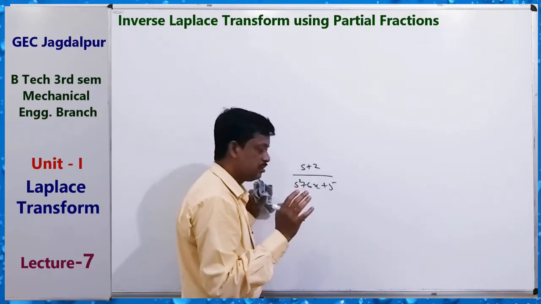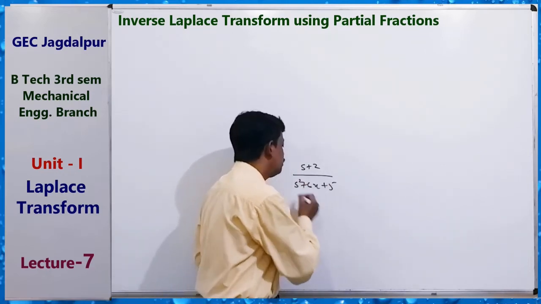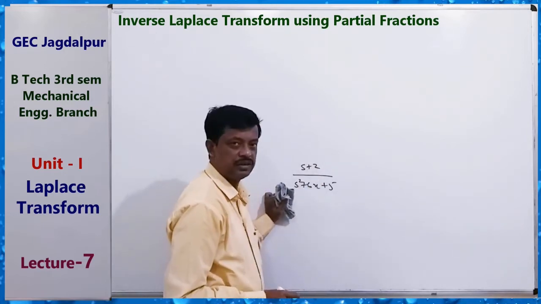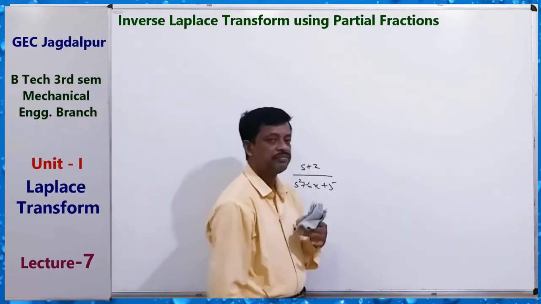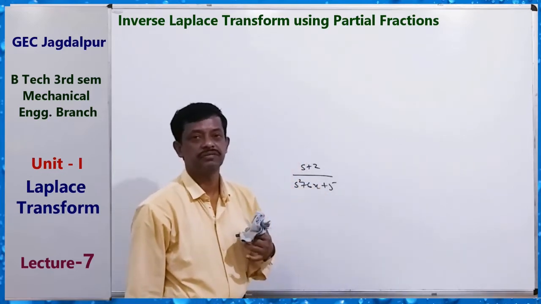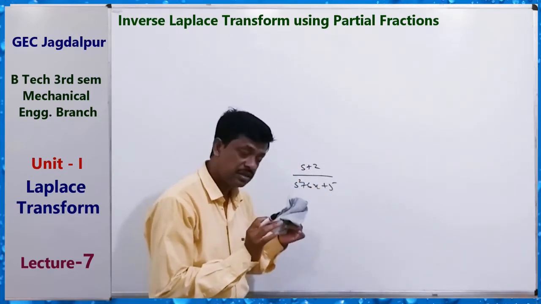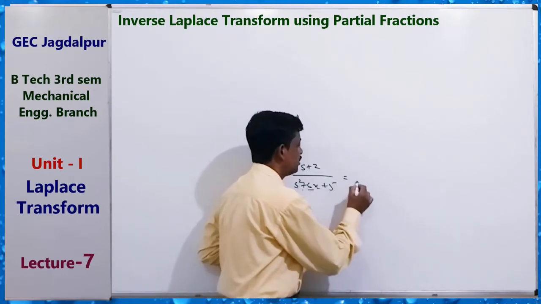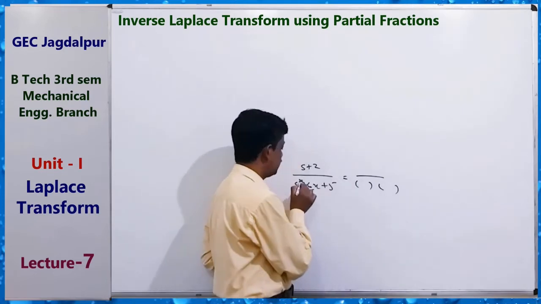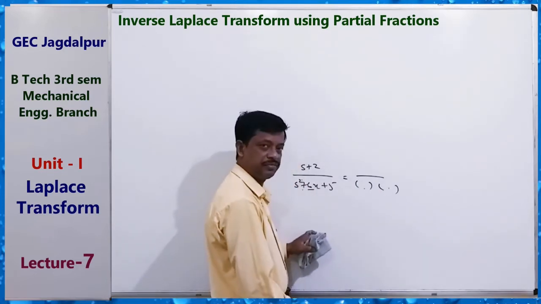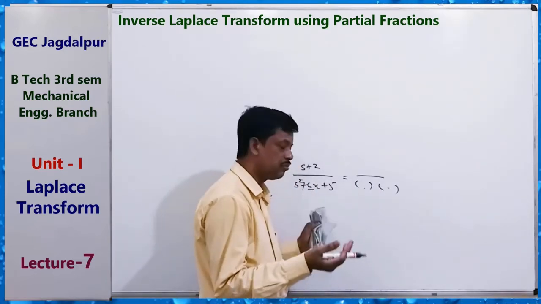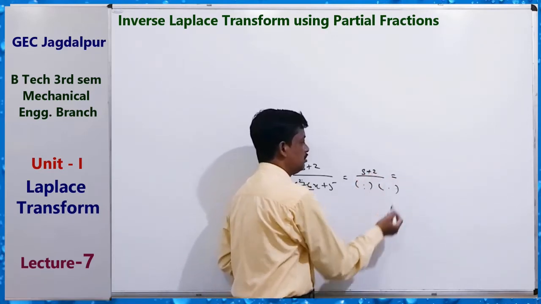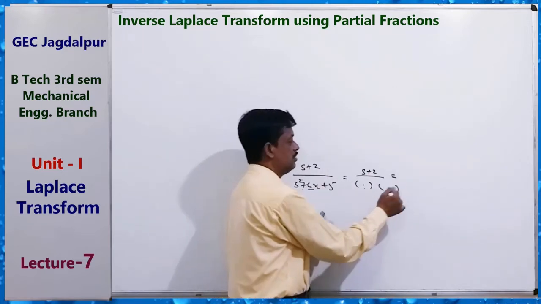When the degree of the denominator is greater than the degree of the numerator, we have to express it as a partial fraction by first factorizing the denominator. A second degree factor we can separate like this. If not, then there is another method. If there are linear factors, then we write